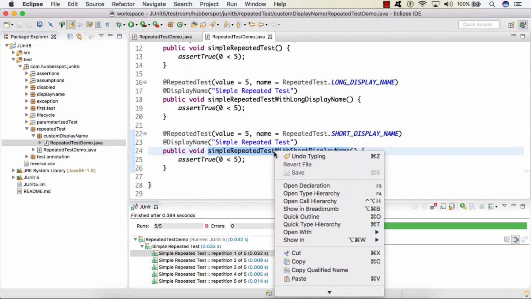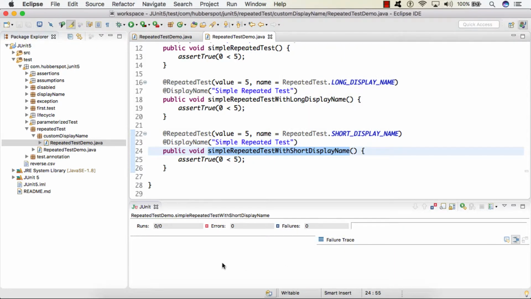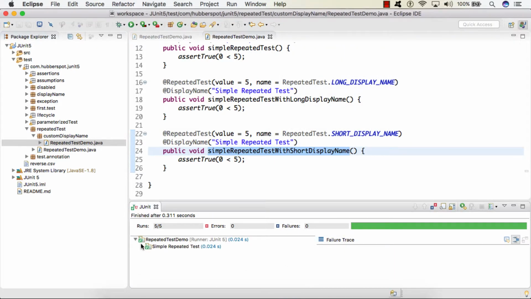And if I run the test case now, you can see the short display format is repetition, then current repetition of total repetitions. So it simply printed repetition 1 of 5, 2 of 5, 3 of 5, 4 of 5 and 5 of 5, which is also our default test name when we use only the @RepeatedTest annotation.